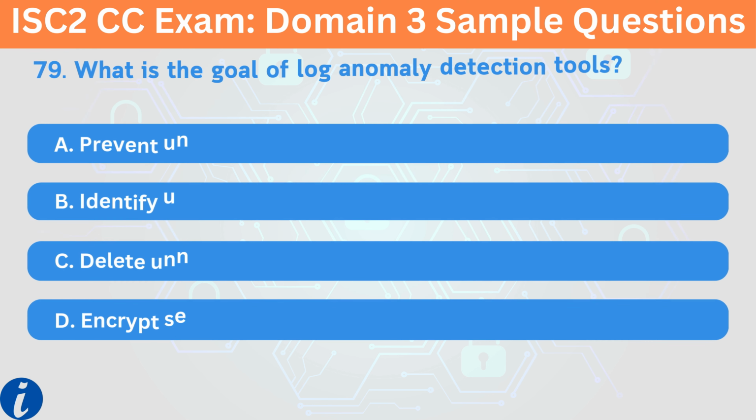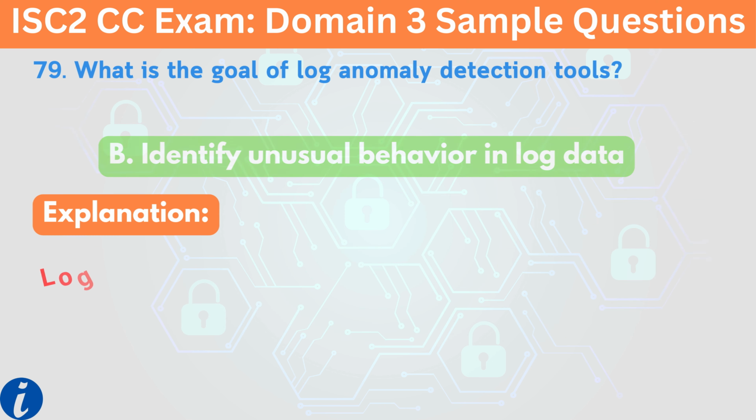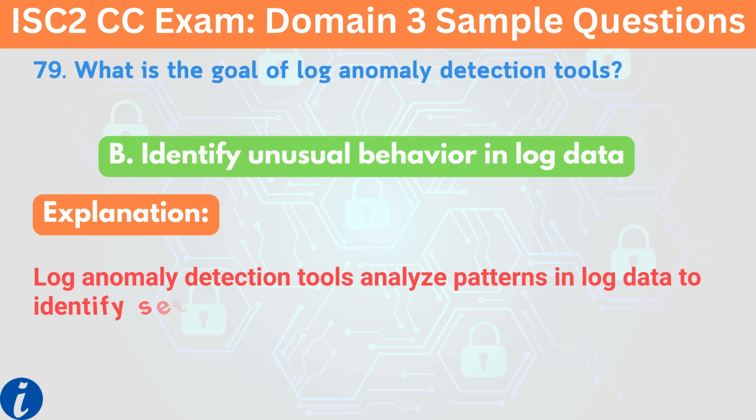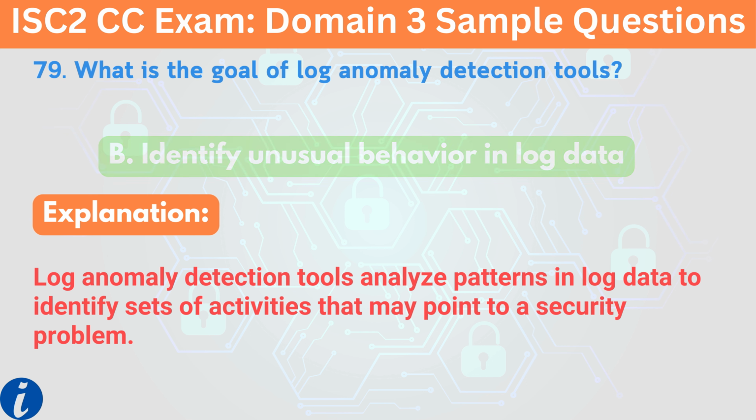79. What is the goal of log anomaly detection tools? A. Prevent unauthorized access. B. Identify unusual behavior in log data. C. Delete unnecessary logs. D. Encrypt sensitive logs. The correct answer is B. Identify unusual behavior in log data. Explanation. Log anomaly detection tools analyze patterns in log data to identify sets of activities that may point to a